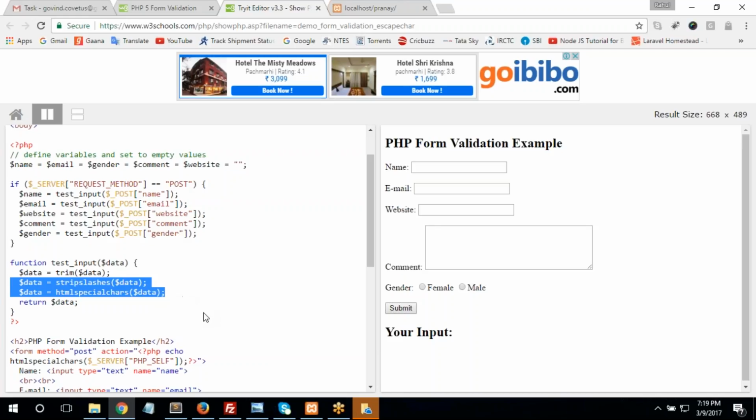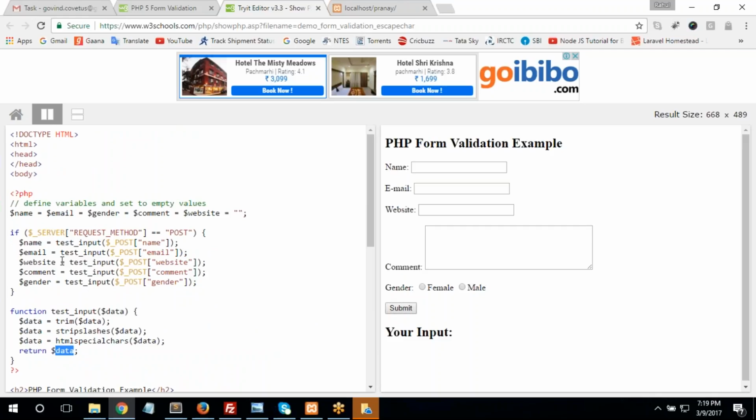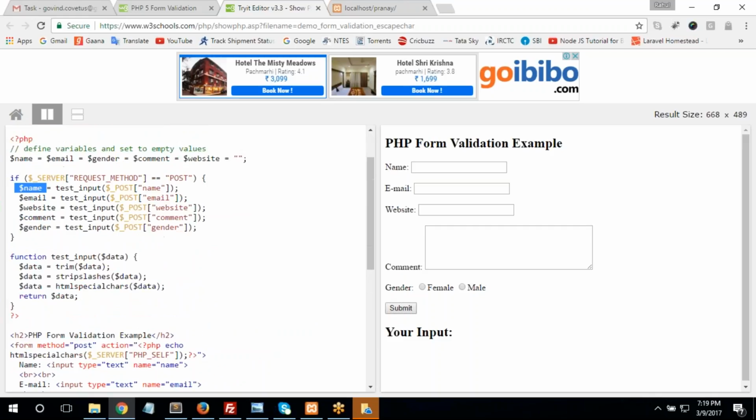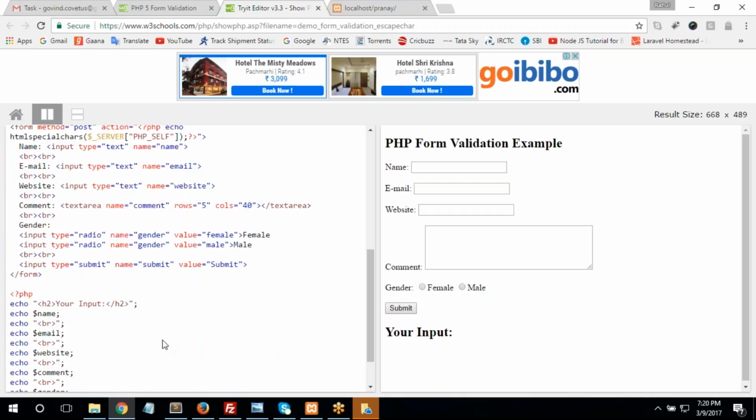And it is returning the plain data. If we use any special character or any unused white spaces, slashes, then it will remove those. Then it will return our data and we are assigning it into the variable. And in the end,